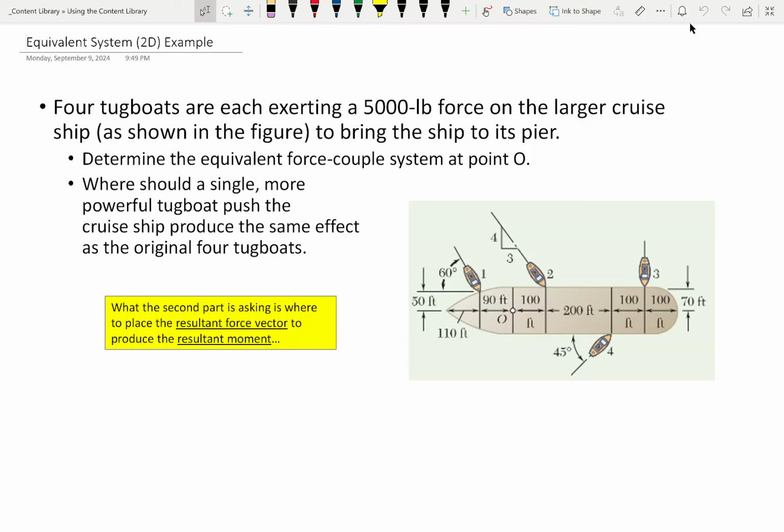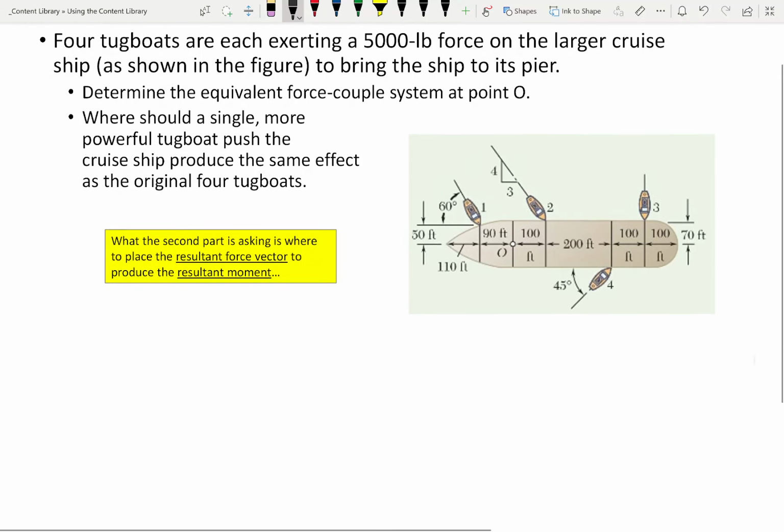Okay, so we have 1, 2, 3, 4 boats here on this ship. What we're going to do is focus our problem around point O, because we're going to try to determine the equivalent force system about point O. So how are we going to do that? The first thing that we're going to do